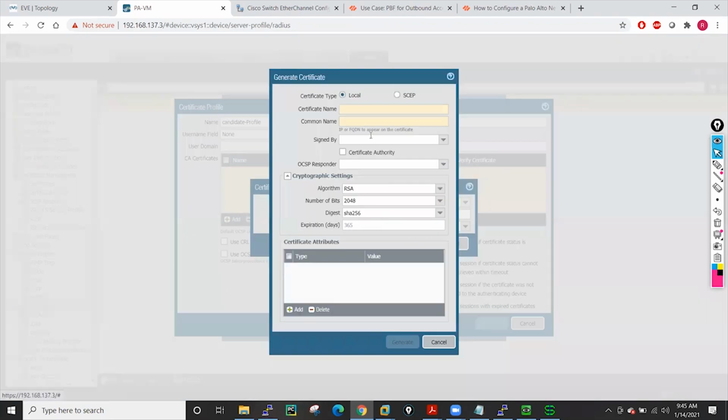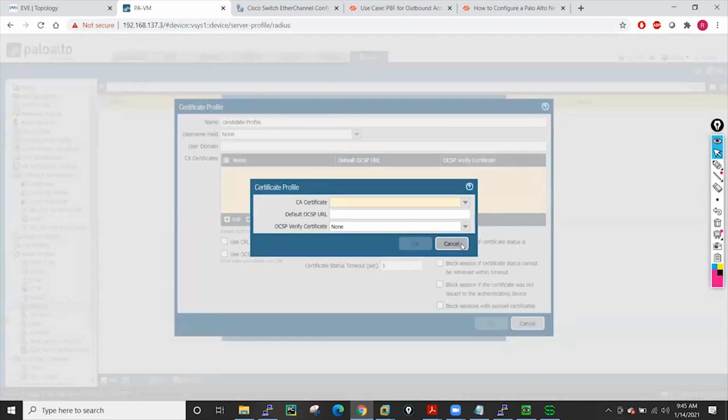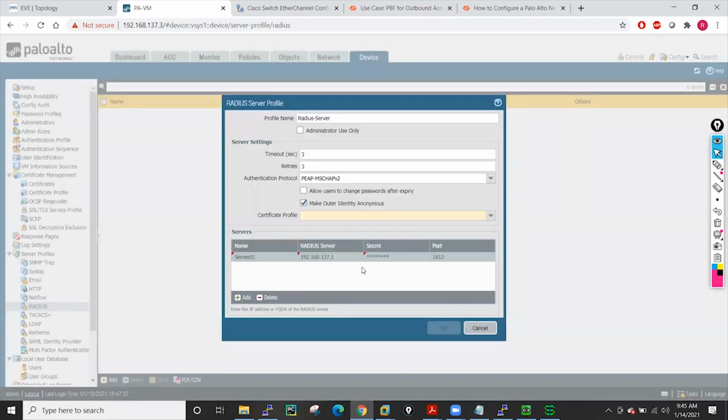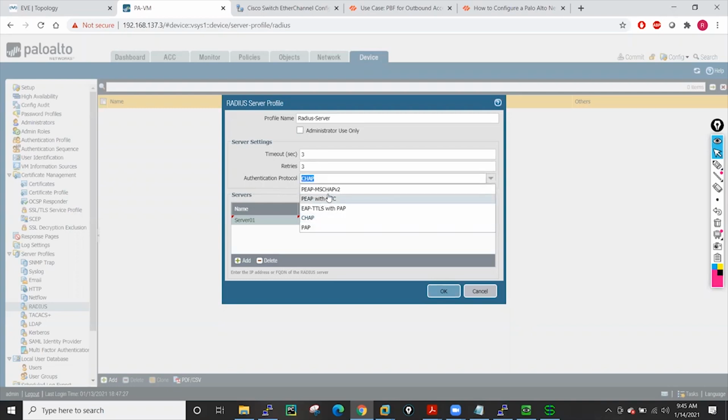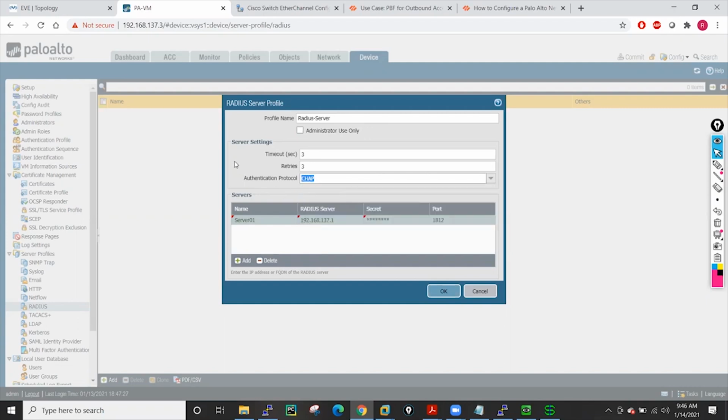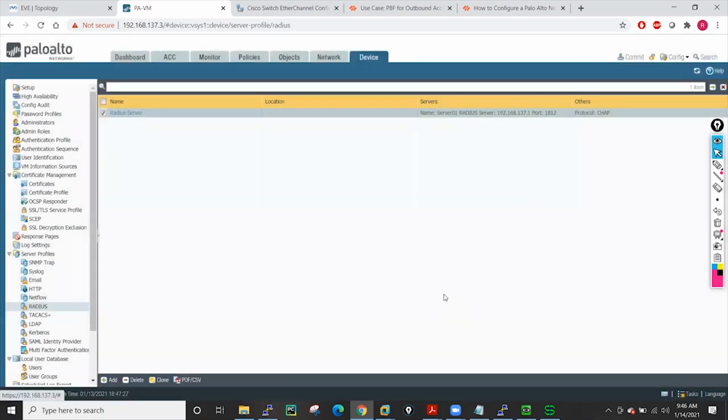I would also need to generate one certificate, but it is not required here. Let me just go with CHAP. In case of CHAP, we don't require the certificate. So just go with this CHAP option. These are the different authentication mechanisms. Generally we will go with either PAP or CHAP, so I'll go with CHAP. Click on OK. I have created my RADIUS